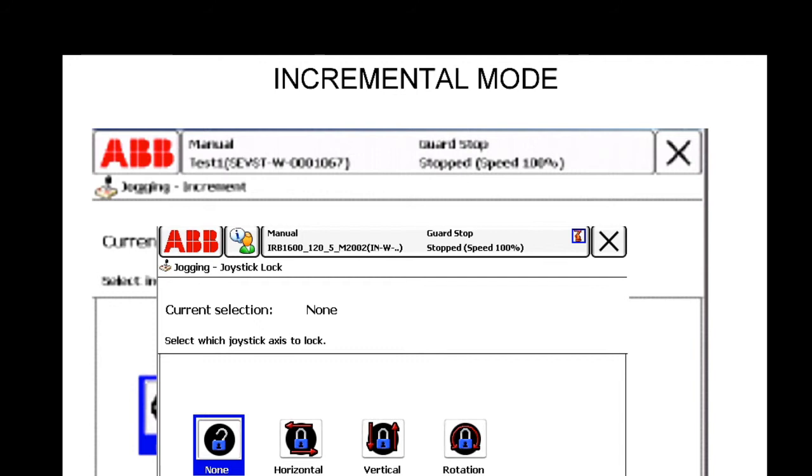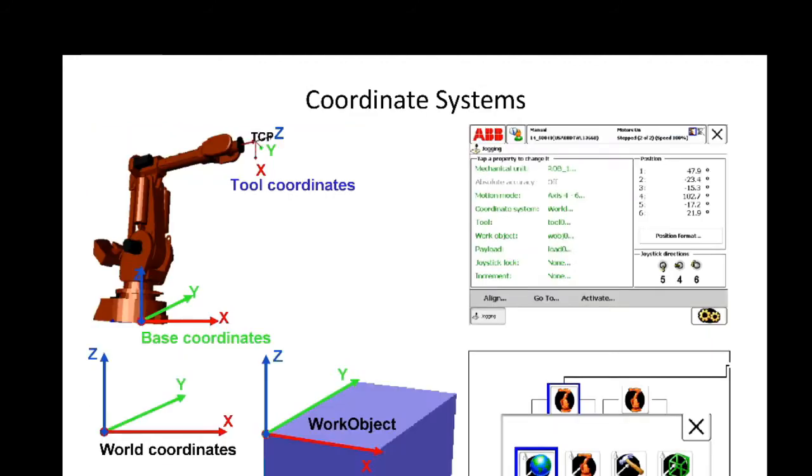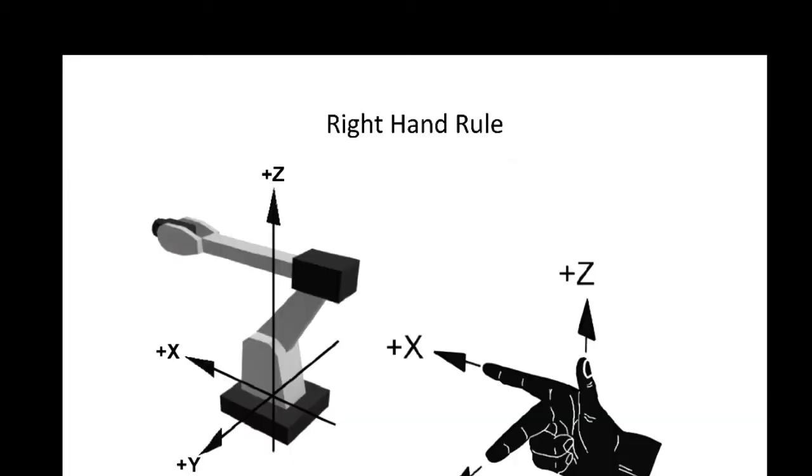This is the coordinate system. The coordinate system you can study in physics. Some right hand rule. This is the direction of robot moves in XYZ. The right hand rule: the robot always works in the right hand rule. The thumb finger is up and down, Z, the fourth finger is X plus and minus, and the middle finger shows the Y direction.